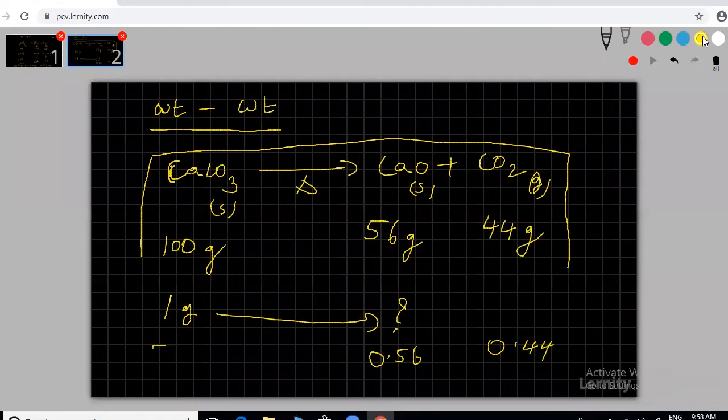Any doubt here? Next, what is the next heading after weight relation? We will do all types of calculations, then we can do numericals. Just for formality, I am giving one example of each. Once this is completed, we can solve more examples. If possible, you can try recent questions also. What's the next one? Volume and volume. Okay, fine.